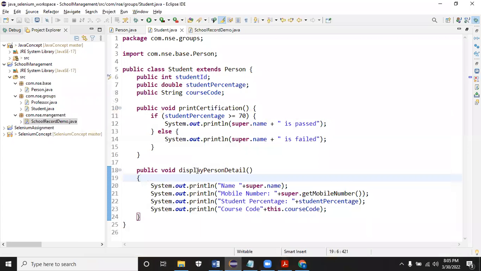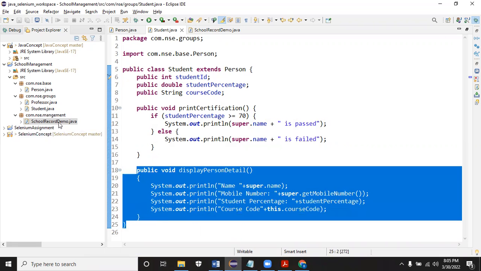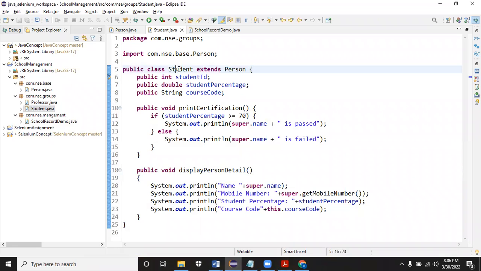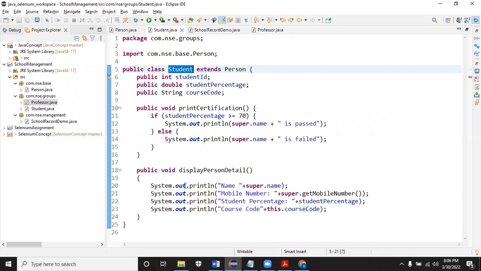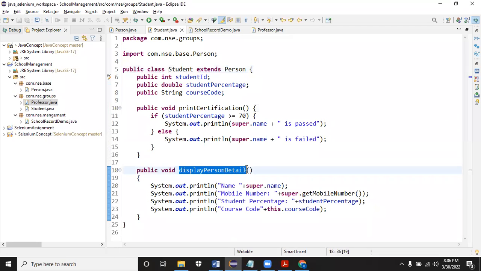For example, display person detail. I want it to be created by all the child classes, student and professor. How can I force the development team, whoever is going to inherit this person class, to give the detail for display person detail, a common name?